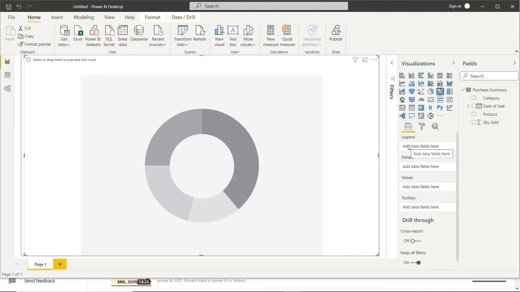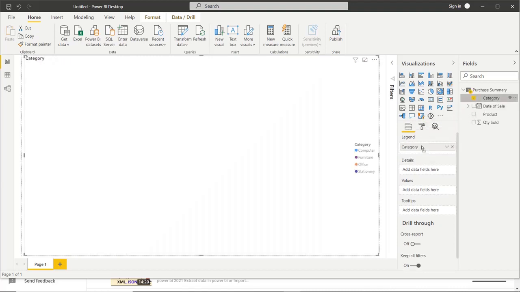The purpose of legend is to display different information in different colors. So we will drag and drop category first. You can see the list of the categories as a legend is displayed here. Now in the values, we will put the quantity sold.